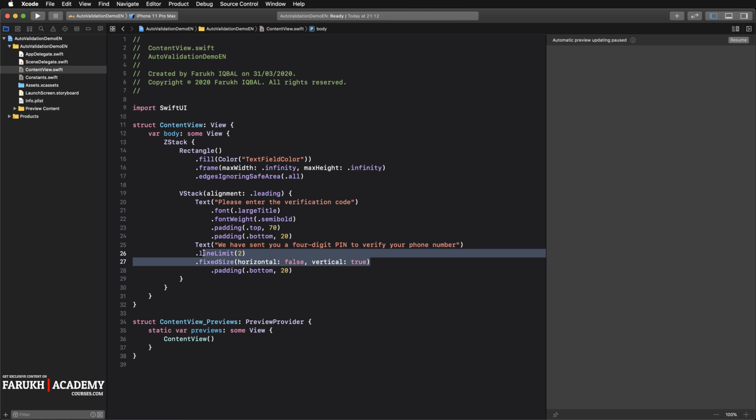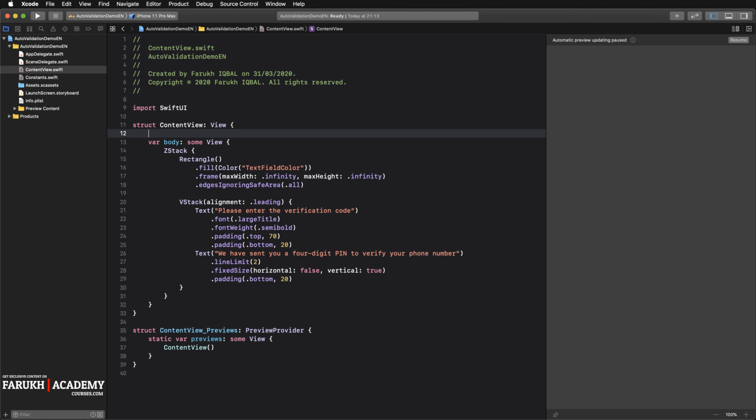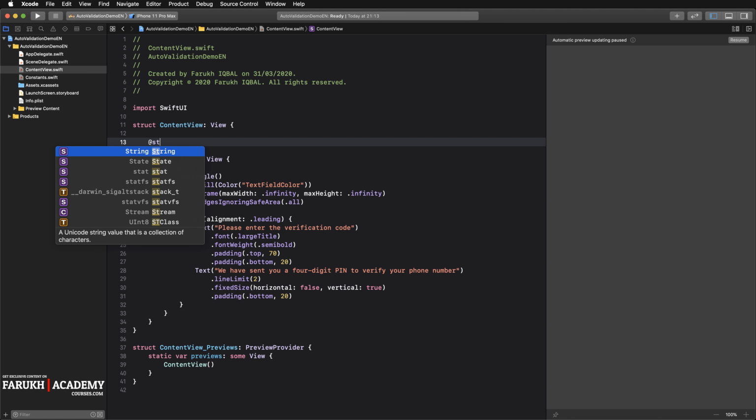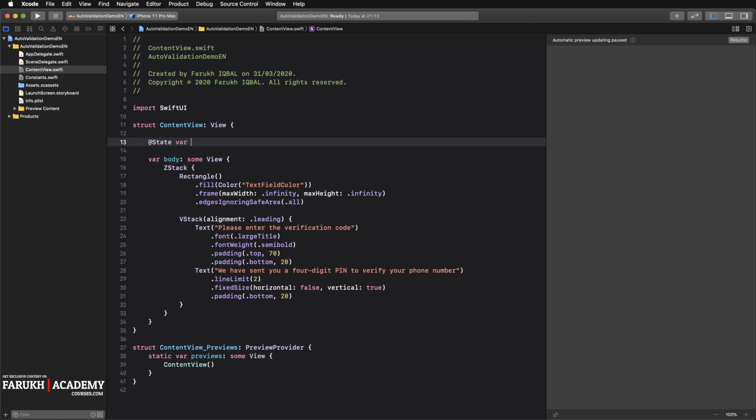Okay, cool. Now it's time to create the text field, but before we can do this, we need to declare a state property that holds the user's input. So here you can create a variable with a state value. So state var entered pin,